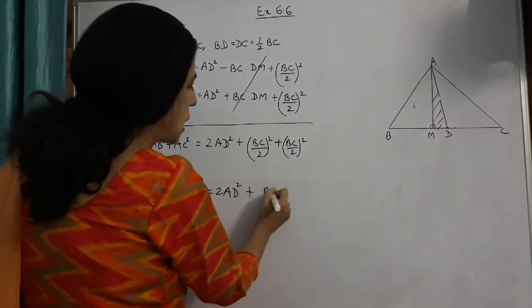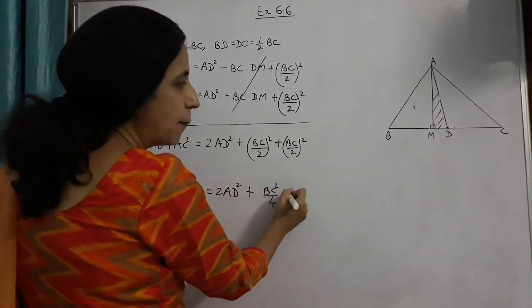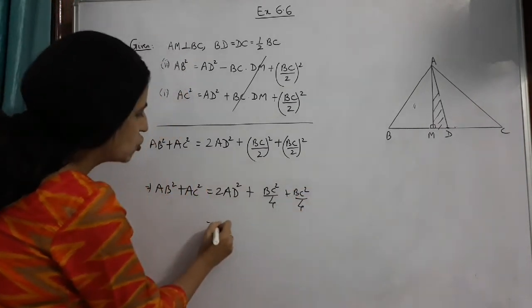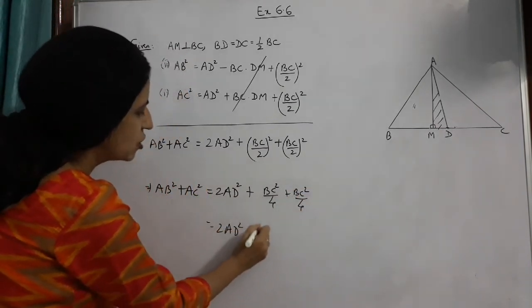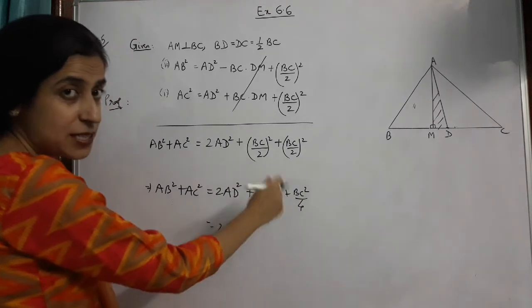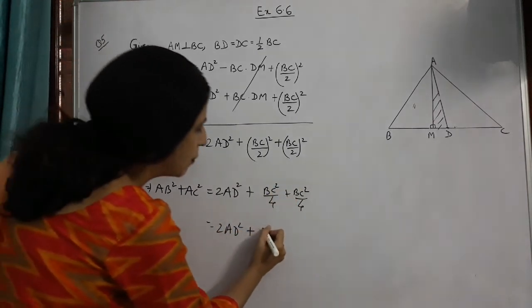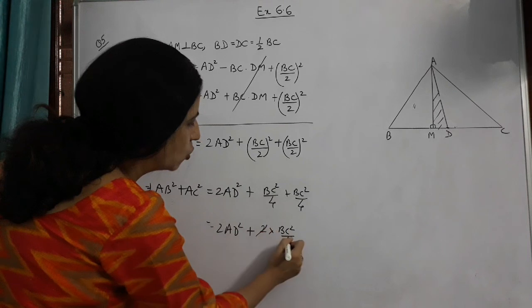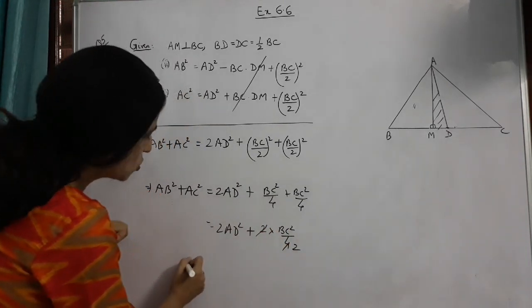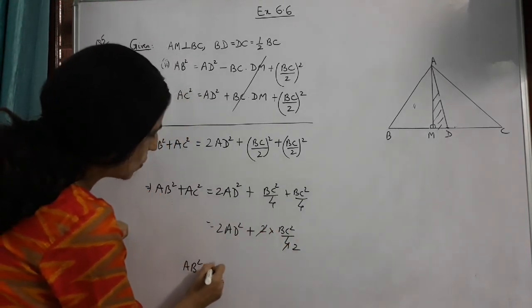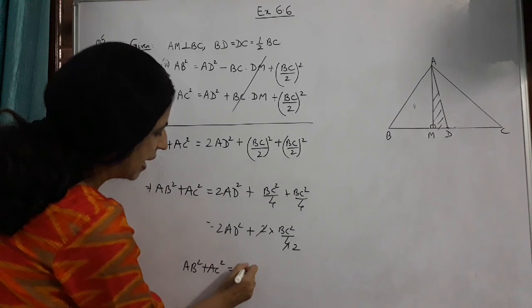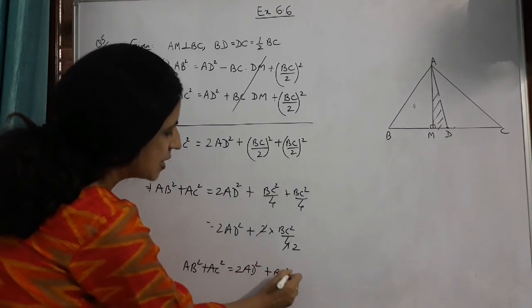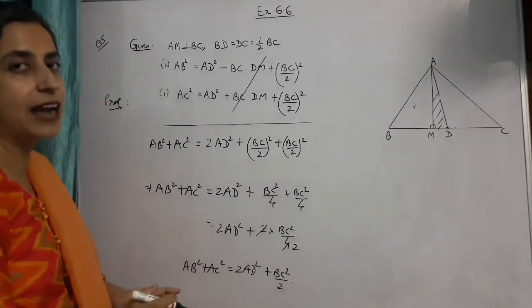So we obtain AB square plus AC square is equal to twice AD square plus BC square by 4 plus BC square by 4, which on further simplification gives us 2 into BC square by 4. So we obtain that AB square plus AC square is equal to twice AD square plus BC square by 2. And this is what we